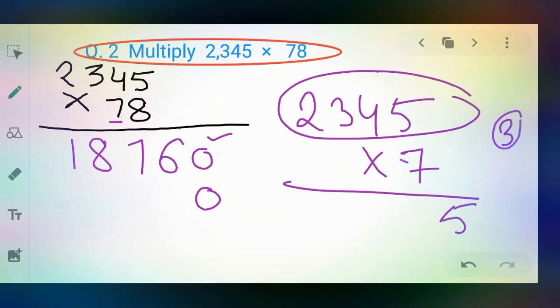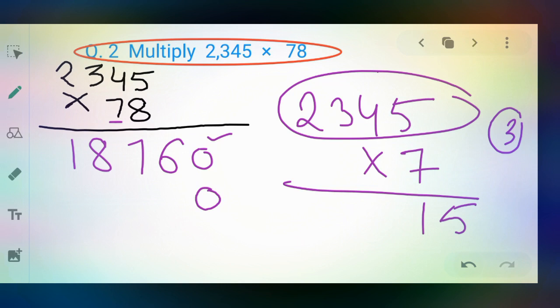Okay, now you will read the table up to 4. So 7 4s are, what is the answer? Answer is 28, and 3 is already here. So 28 plus 3, what is the answer? 28 plus 3 means 31. After adding 3, you get 31. So dear student, there is 3, but I take this 3 as a carry. So I only write here 1. So dear student, again 3 becomes carry.